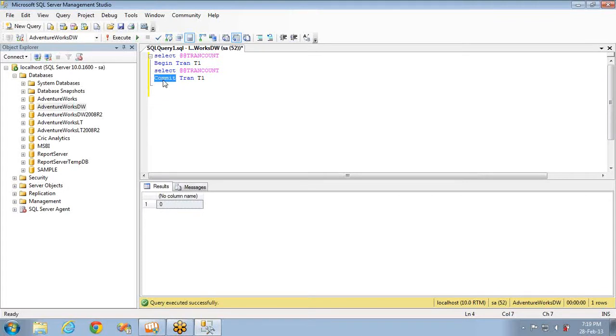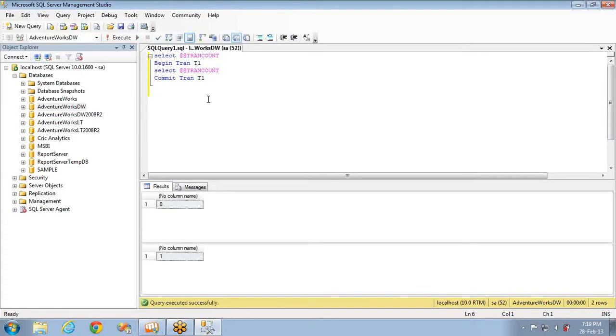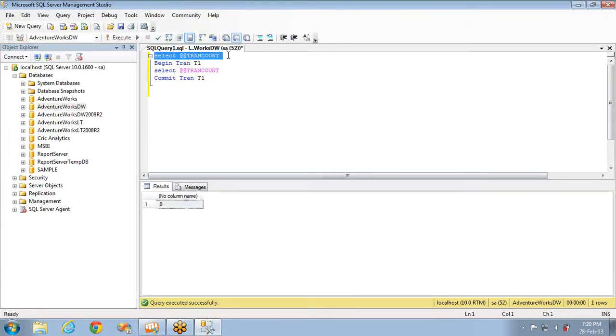But before going to that, let's take this example, select @@TRANCOUNT. First, try to understand how the nested transaction works. If I execute this, when it is executing the first select statement, the open transaction count is 0. And when the second select statement is executing, there is an open transaction, and that's why it returned 1. Now I committed the transaction, again the count will be 0. So that means a transaction is opened here and it is committed, that means it has ended.